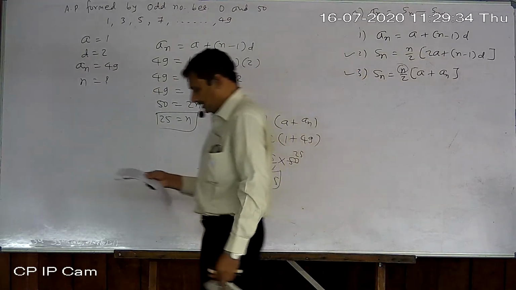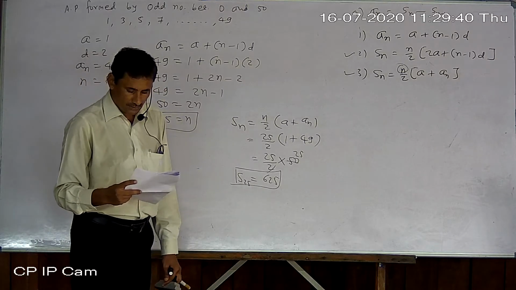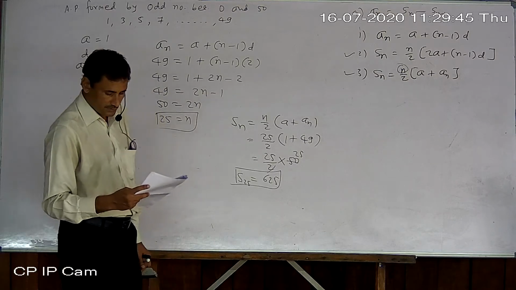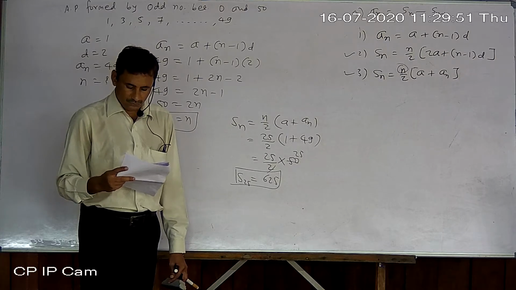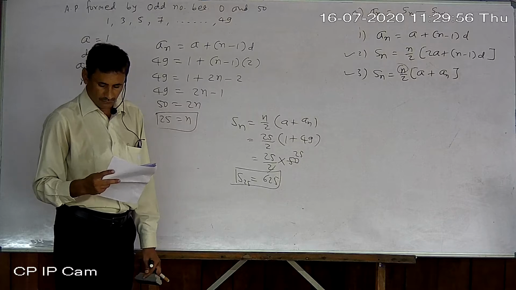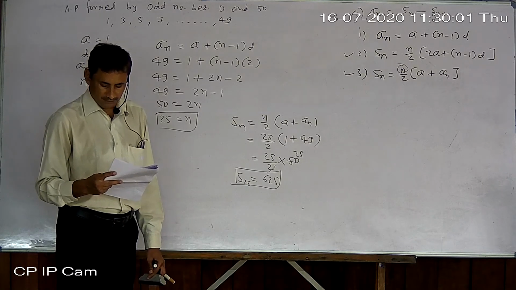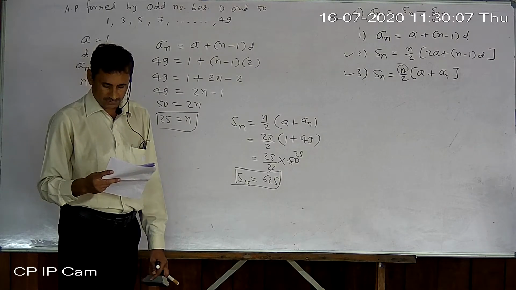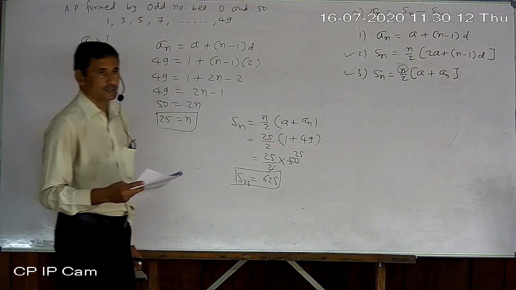Okay, look at the next one, 15. Just try to understand. A contractor on a construction job specifies a penalty for delay of completion beyond a certain date as follows: Rupees 200 for the first day, 250 for the second day, 300 for the third day, etc. The penalty for each successive day is 50 more than for the preceding day. How much money the contractor has to pay as penalty if he has delayed the work by 30 days?